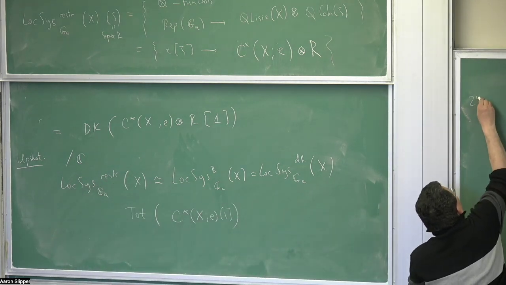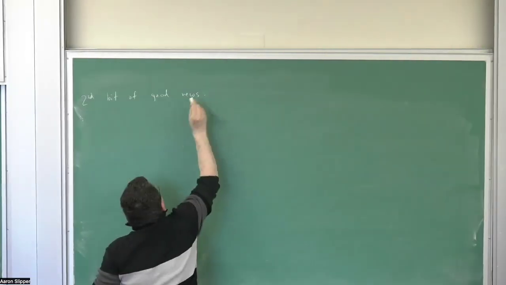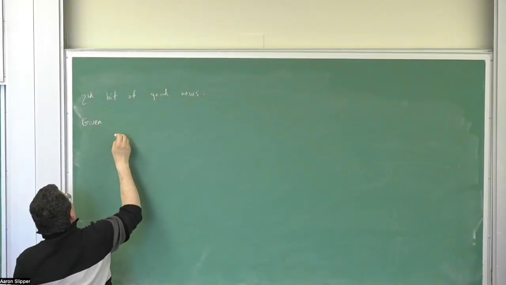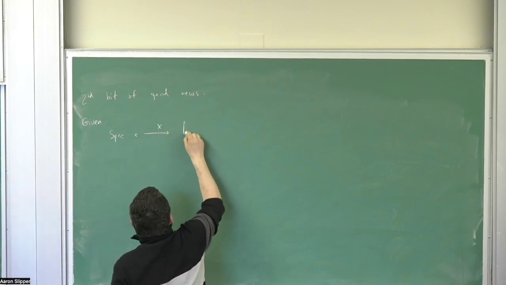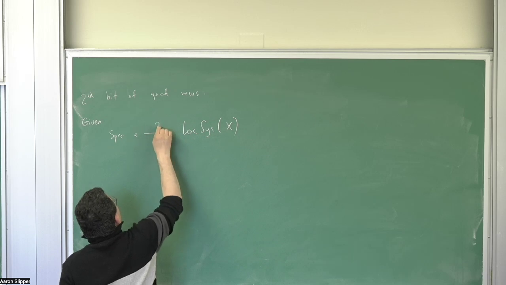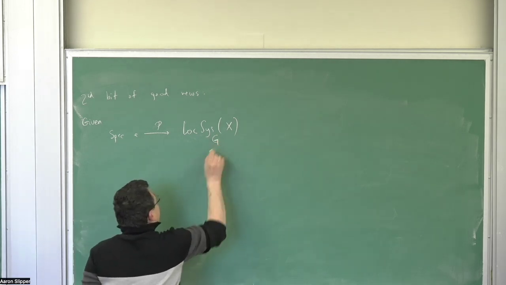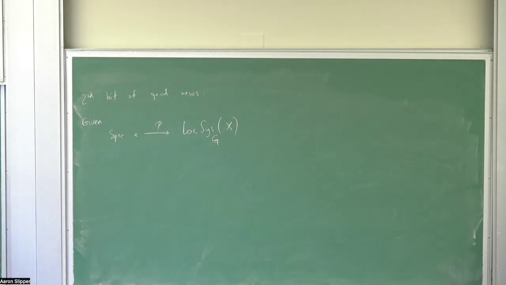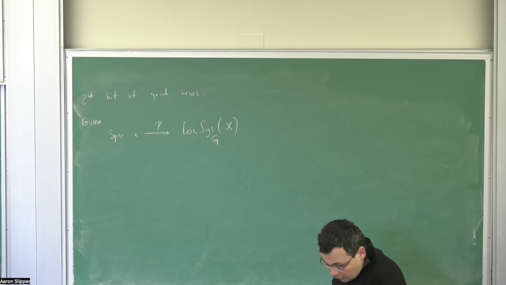Second bit of news is that, given a point, now I don't have to write any subscript G, because the points are the same for all three things, almost tautologically. Then what we have